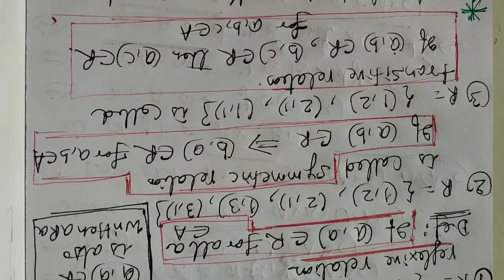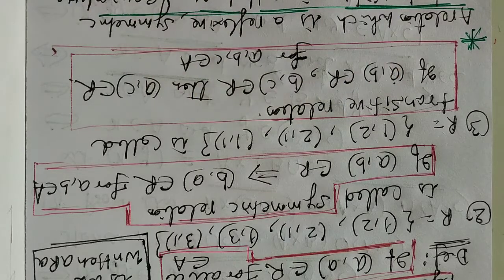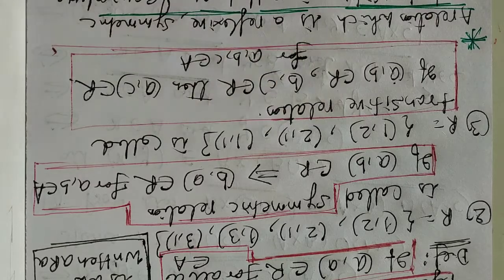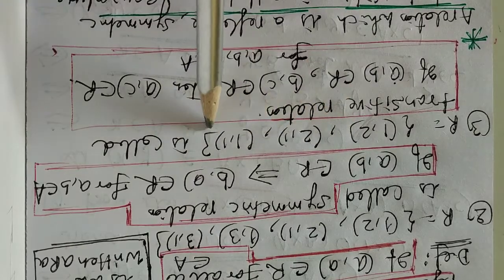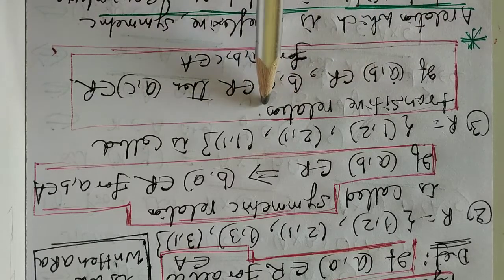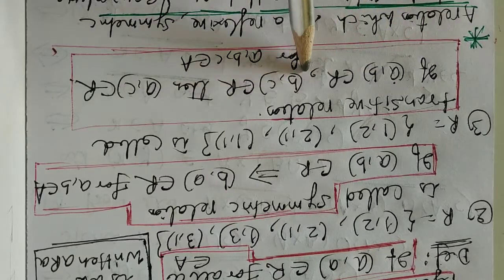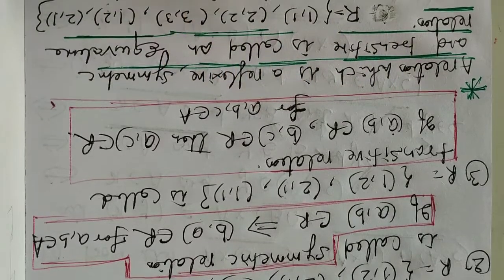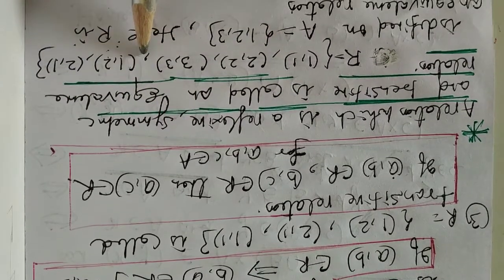Now third number, if R is taken as (1,2), (2,1), then 2 and 2 will be cancelled, 2 silent, then (1,1). So in a planned way I have taken this; the relation is called transitive relation. Just see, if (a, b) belongs to R and (b, c) belongs to R, b and b will be silent, then (a, c) belongs to R. Such a relation is called transitive relation. Now a relation which is reflexive, symmetric and transitive is called equivalence relation.